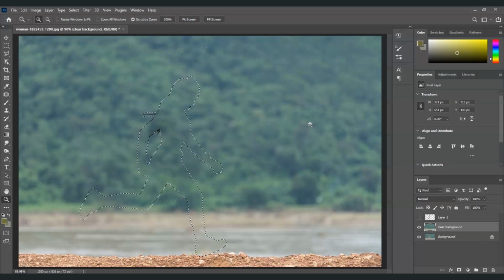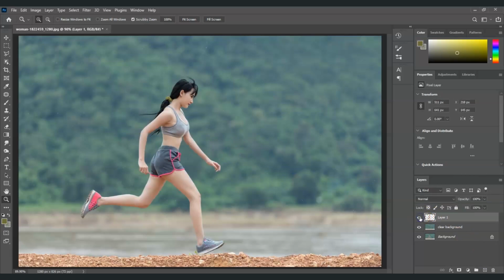Now the next step here is we're going to deselect this selection first. Press Ctrl plus D to deselect. Now there's no more selection. Now let's bring back this layer that we just cut out a while ago. Yes, this one, all right? And then we're going to create a duplicate layer of this by selecting on that layer and then pressing Ctrl plus J. And this top layer first, I'm going to hide it